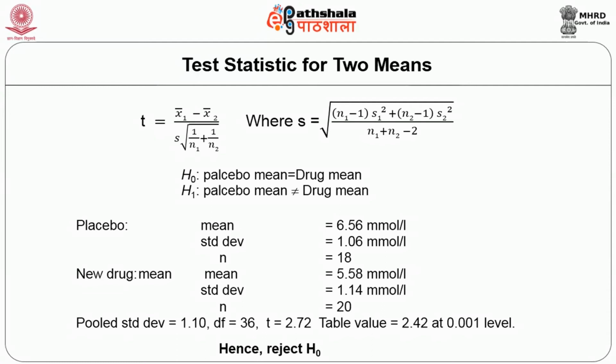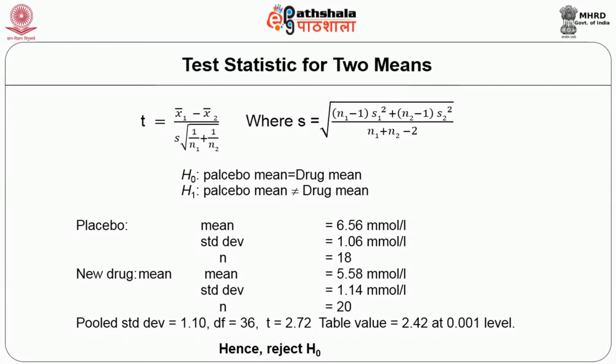If you see the slide here, the t formula which is given is x1 bar minus x2 bar in the numerator. That means the mean of the first group, whether it is control or experimental, and the mean of the second group, the same control group, divided by the pooled standard deviation S into the square root of 1 by n1 plus 1 by n2, where n is the number of subjects of each group.